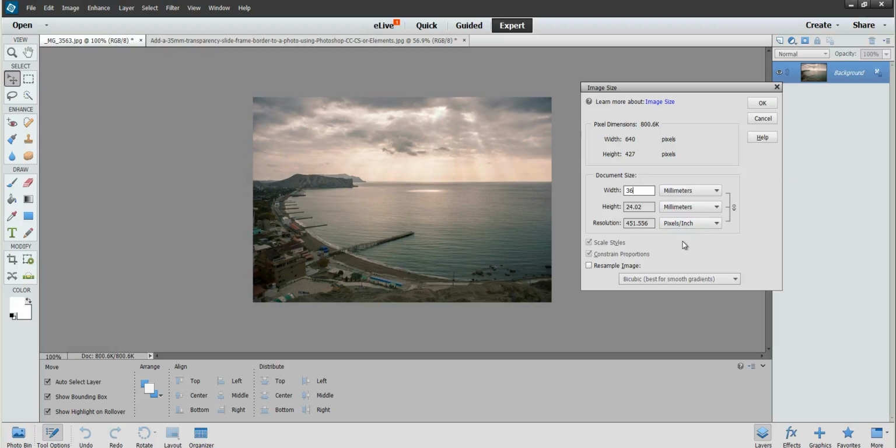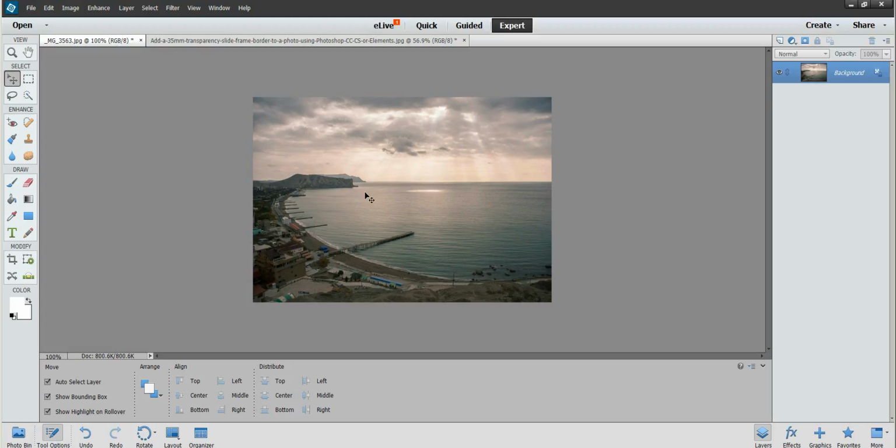If you were using a portrait orientated image, then you'd want the height to be 36mm rather than the width. And then we can just put OK on that. And as you can see, it doesn't do anything. But because we've set that to 36mm, we can now go to Image,